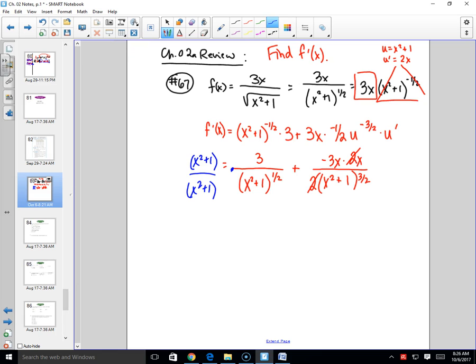1 whole one. Then we'll have a common denominator. So now we can distribute, yeah? 3x squared plus 3 over x squared plus 1 minus 3x squared all over x squared plus 1 to the 3 halves. We can put those together now, yeah? And what happens with our 3x squareds? We cancel. So my final answer is 3